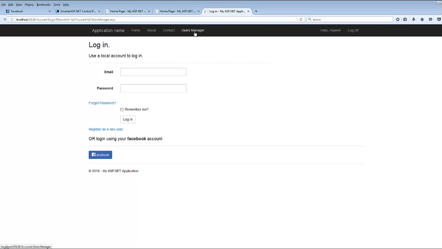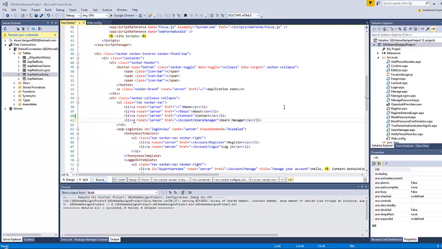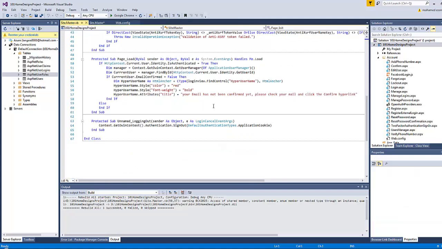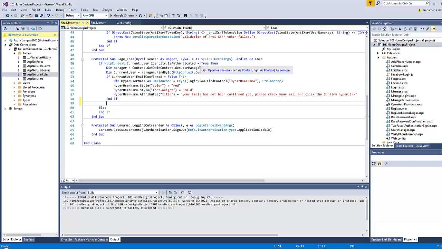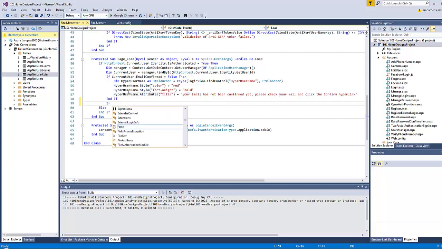However, if you go to Firefox and refresh, it will appear here also. So what I'm going to do right now is making this hyperlink visible only for the admin members and not visible for anyone else. So let's go to the code behind page of the master page by pressing the F7 key, and let's go to the page load event, and if the user is authenticated, I will type here if. Remember that we have defined the manager before, so if manager dot is enroll